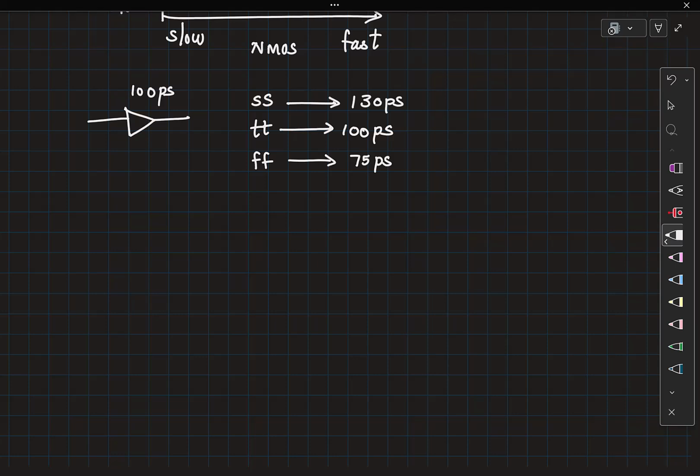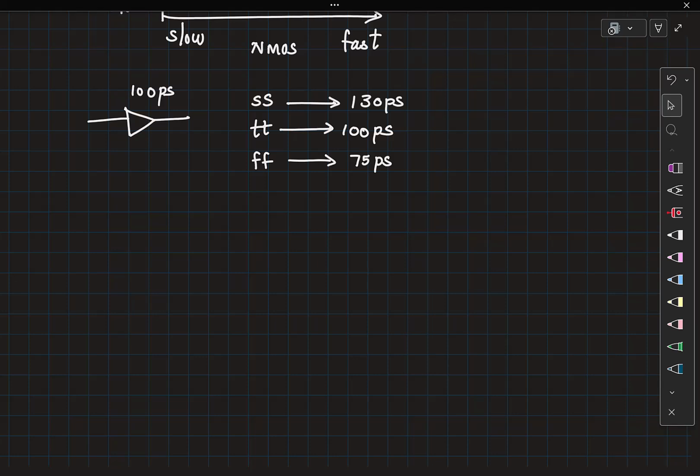Your bad design of a TDC might result in that poor chap losing his Nobel Prize. So this TDC resolution can be very, very important in a lot of applications. Once we look into the process corner variations, you see that for a buffer with 100 picoseconds, you cannot reliably guarantee that. It can vary from one chip to the next, and you have no clue which chip has 100 picoseconds and which has 130 picoseconds. So much uncertainty is there.